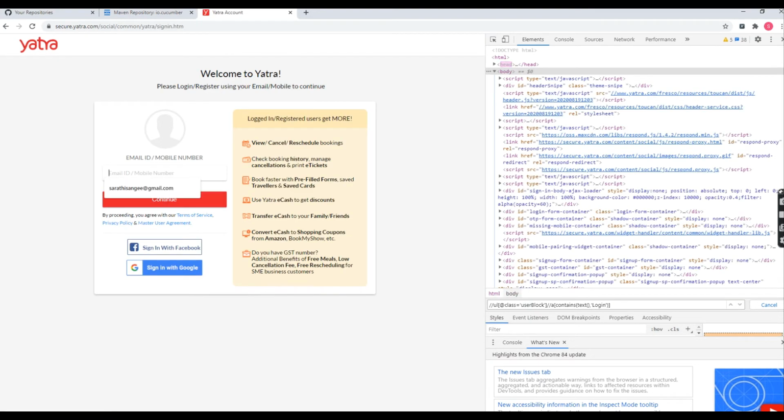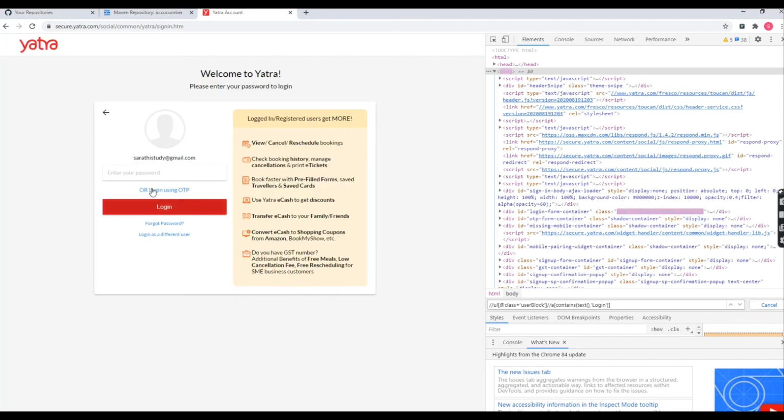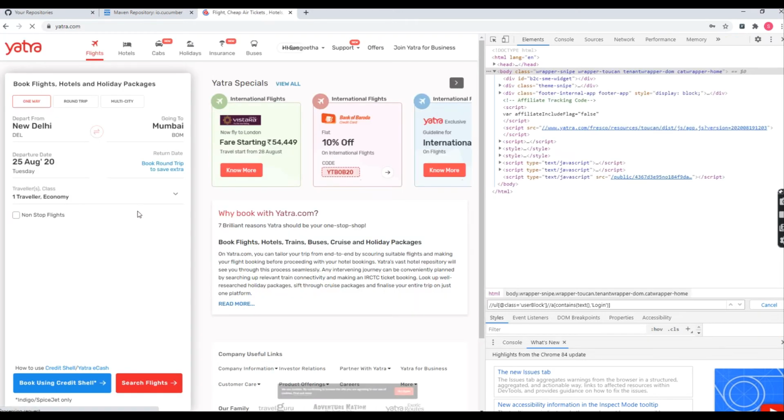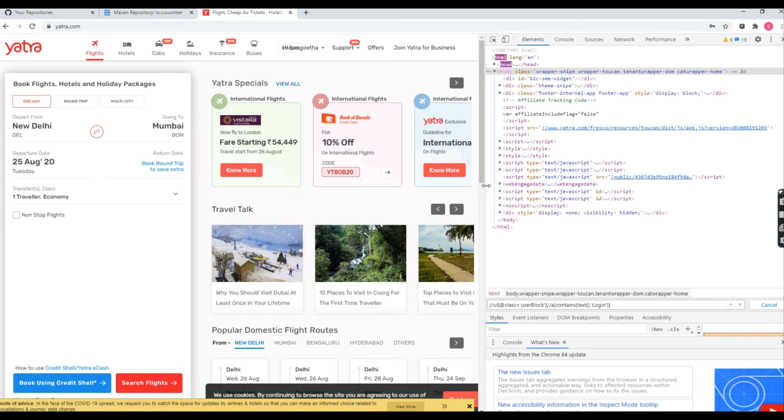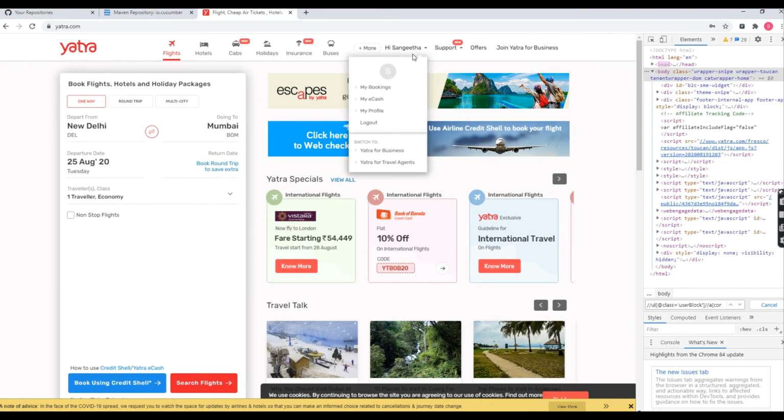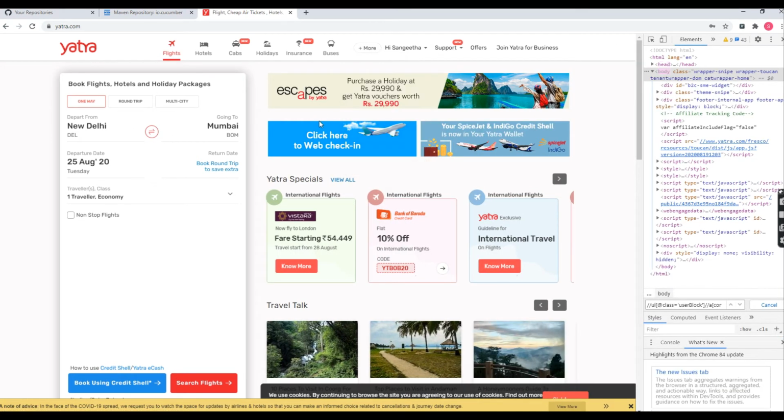I enter the mail ID, then continue, and I enter my password. Click on login. After that I'm going to verify whether the login user name is displayed or not. So these are the steps I automated in my Cucumber project.